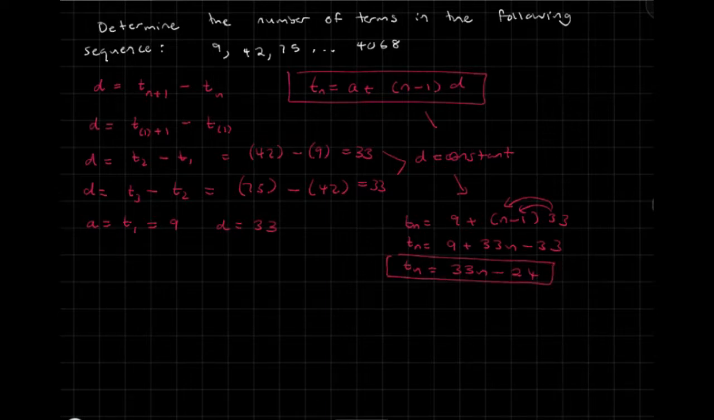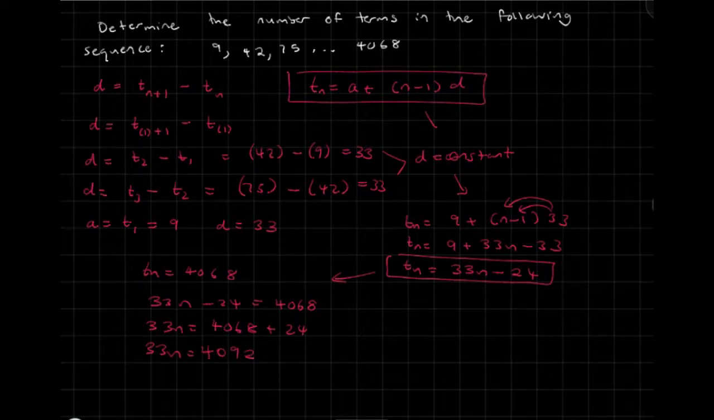Now, using our general term, I want to figure out the term number of 4068. So Tn is equal to 4068, and if we want to solve for n, 33n minus 24 is equal to 4068. So 33n is equal to 4068 plus 24. This is going to give us